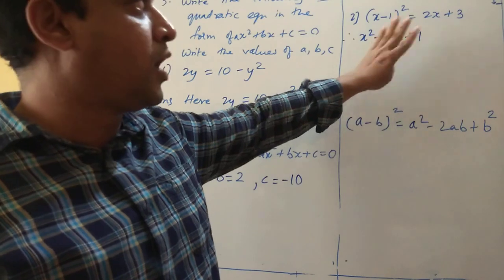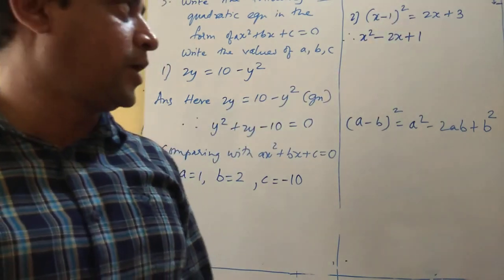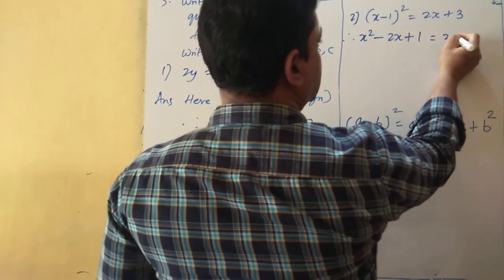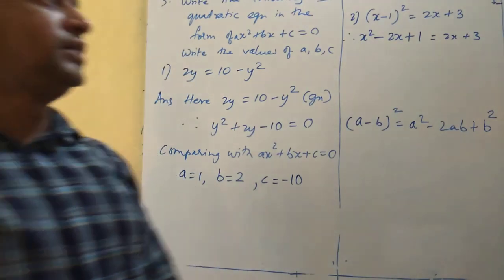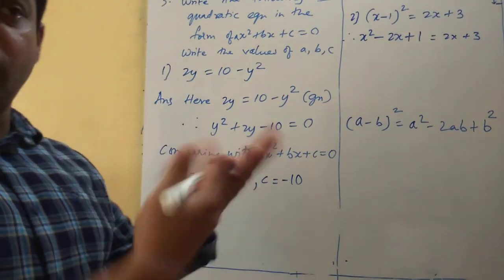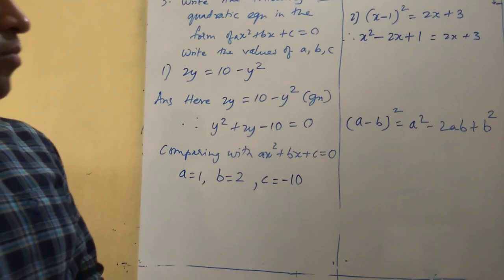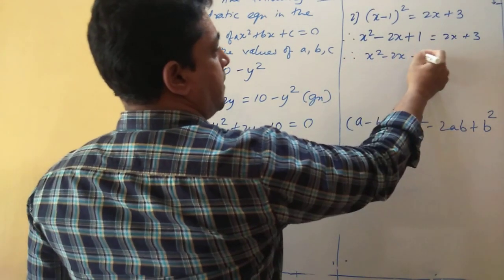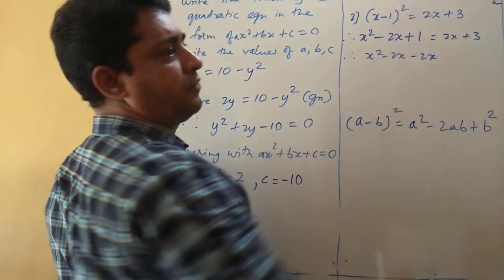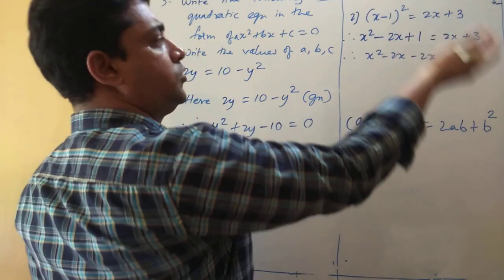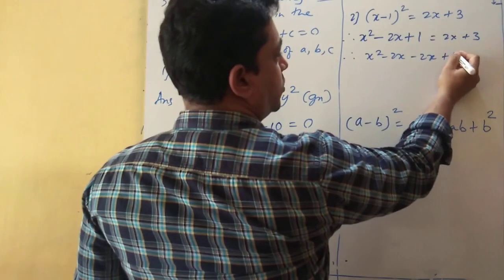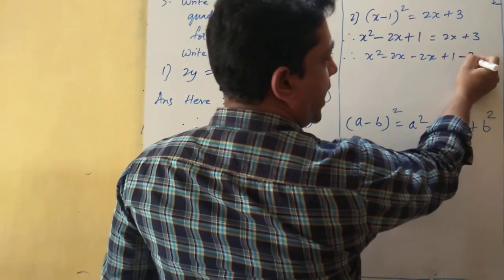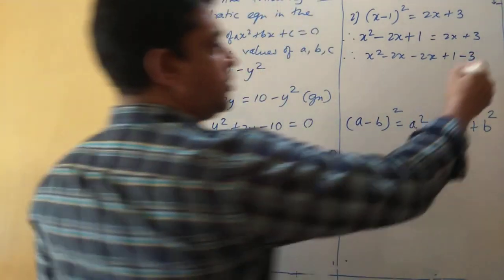Once you have done this, that means basic, that formula is needed. If you don't remember that formula, this sum you won't be able to do it, okay. So once you have done this, I think the job is very easy. Is equal to 2x plus 3. Is it clear? Let's rearrange now. Now it's very easy, you just have to write in the proper form, okay. Therefore x square minus 2x minus 2x, I will bring the left 2x on the right hand side to the left hand side, then I will write again the constant plus 1 and 3 I will bring it to the left hand side, sign will change, it will become minus 3, okay, is equal to 0.